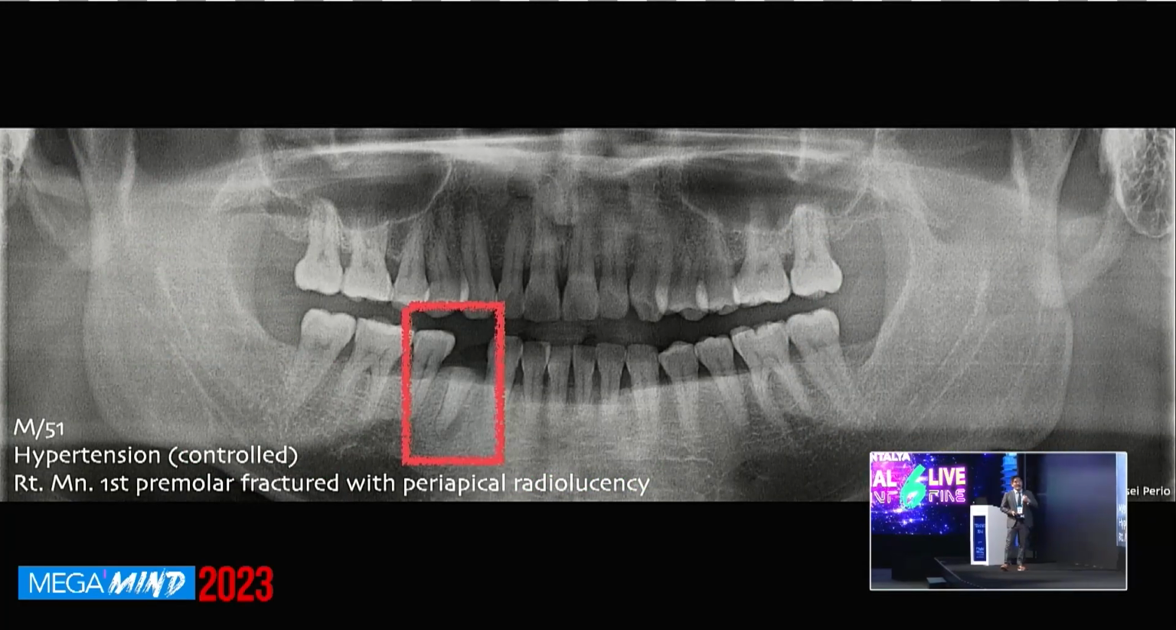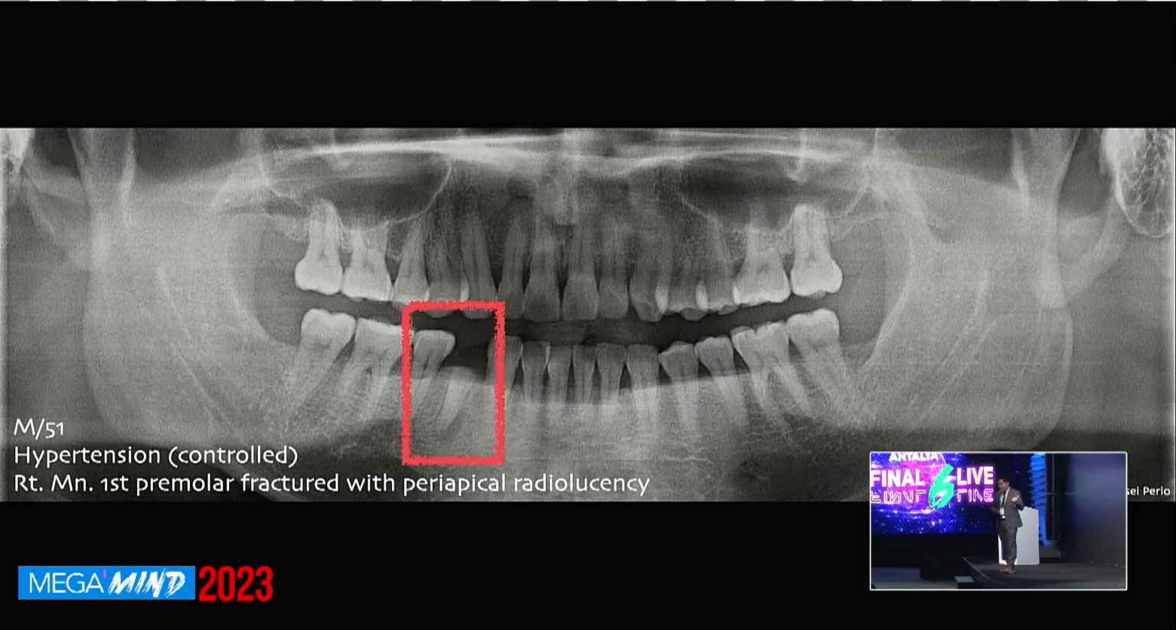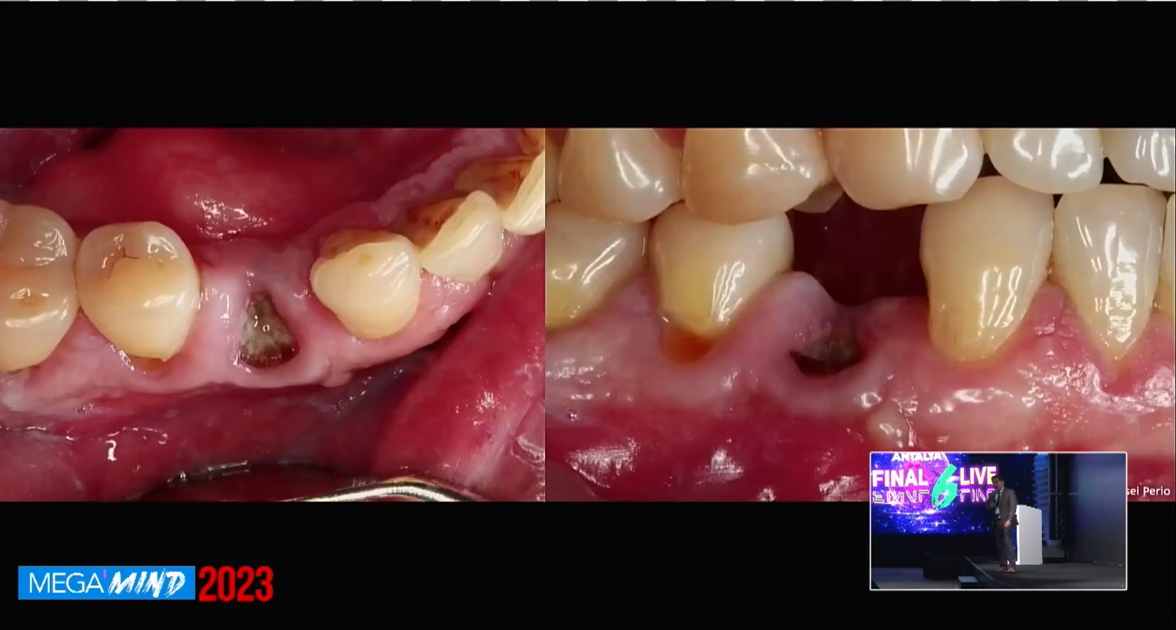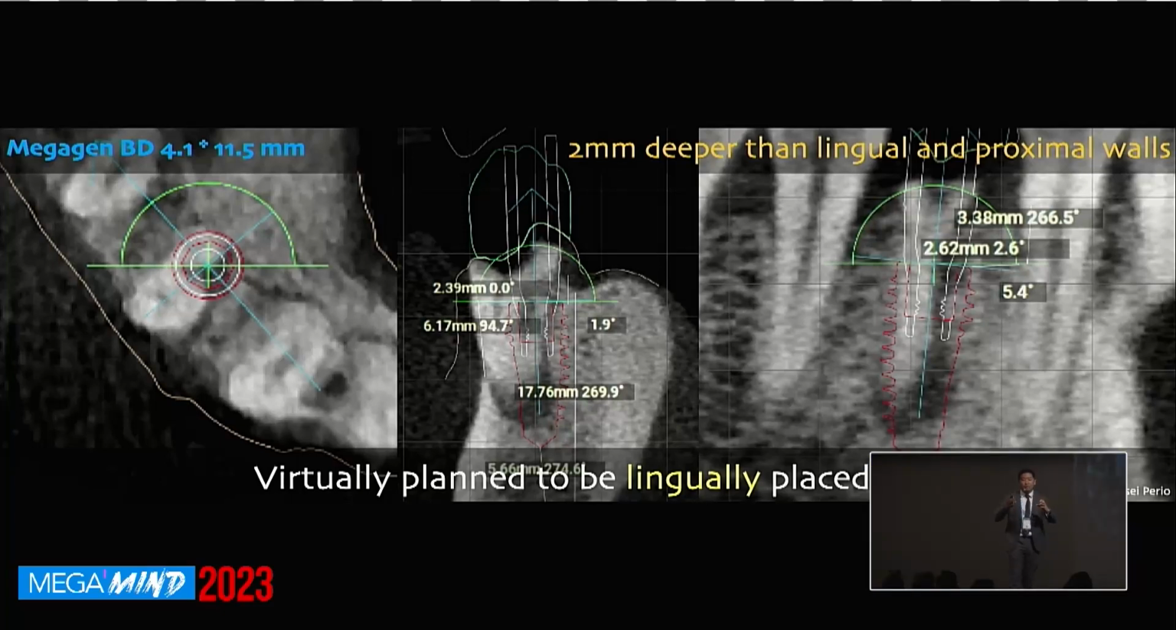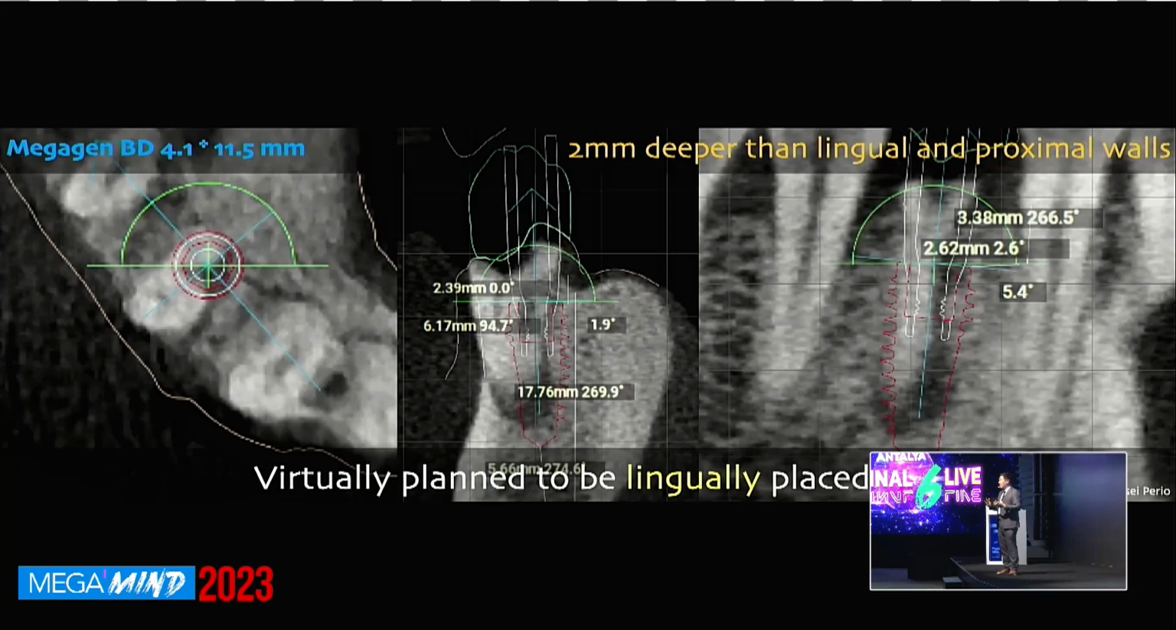This patient came to my office to extract this right mandibular first premolar, which had already fractured. The soft tissue condition was fine, so what we planned was fully guided immediate implant surgery. As you can see, the CBCT told me to place the implant 2 millimeters deeper than the bony walls in order to achieve a sufficient amount of mucosa. And it told me I should place the implant along the lingual wall to have an ideal position, ideal design